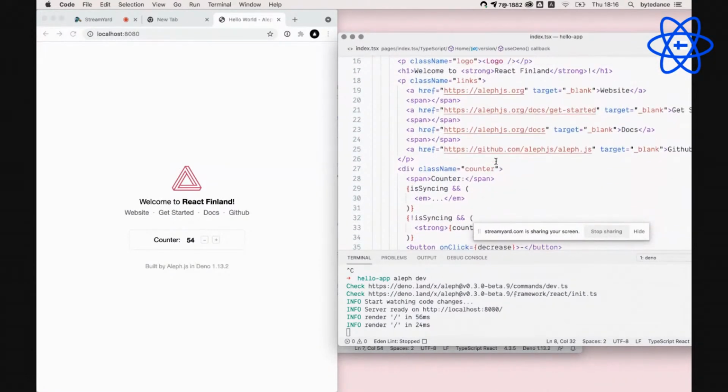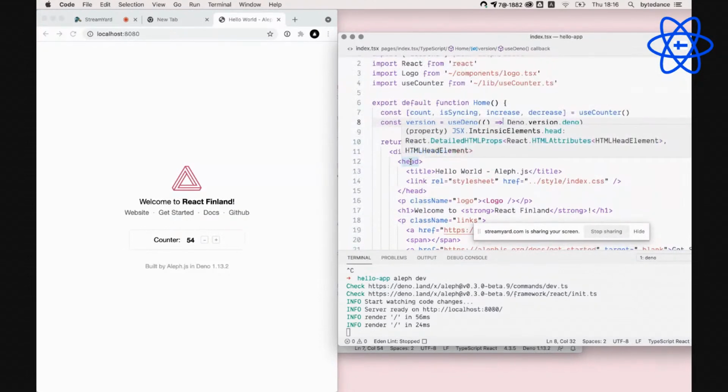The other thing is we have a JSX trick. We call it JSX magic. Like here is a tag named head. In NextJS, you need to import a Head component. But in Alifjs, you don't need to import anything.